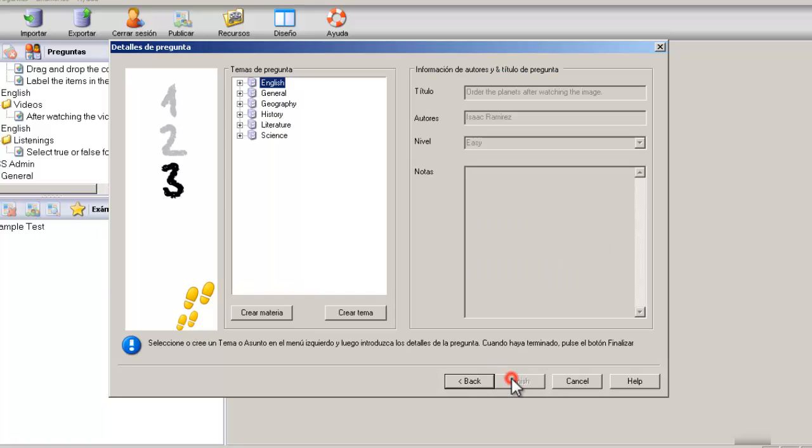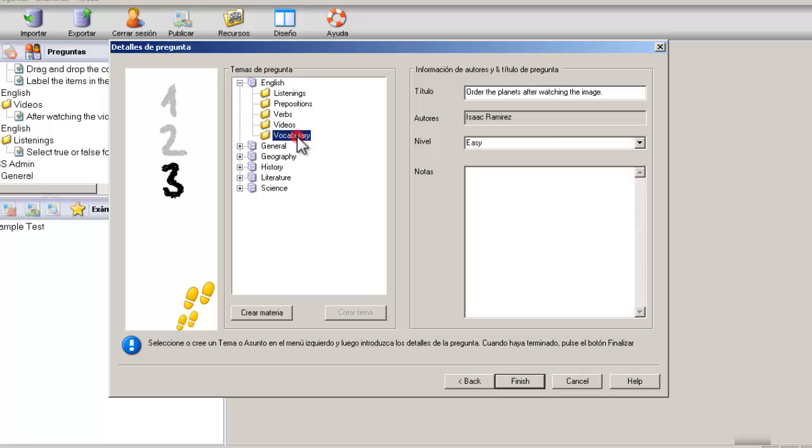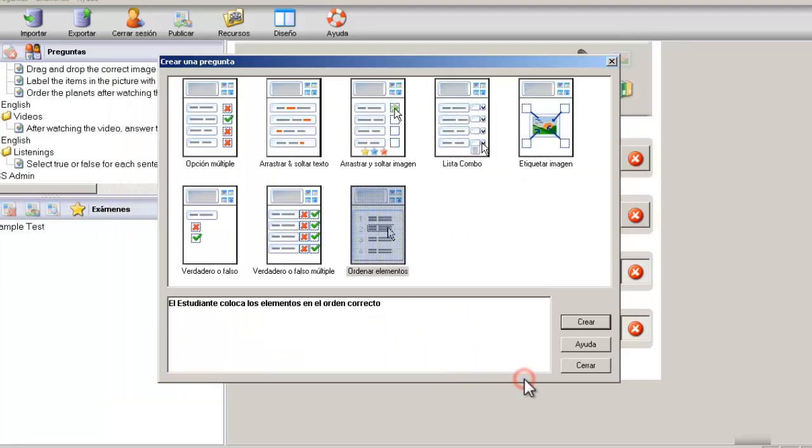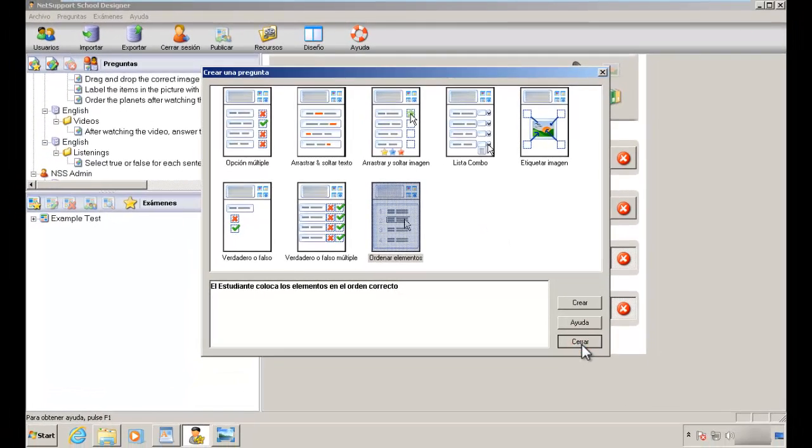So let's click on next. Let's place this question in vocabulary. It's an easy one. Then click on finish, and that's all. We have finished creating the 8 types of questions for the NetSupport School Test Designer. So let's click here on close,